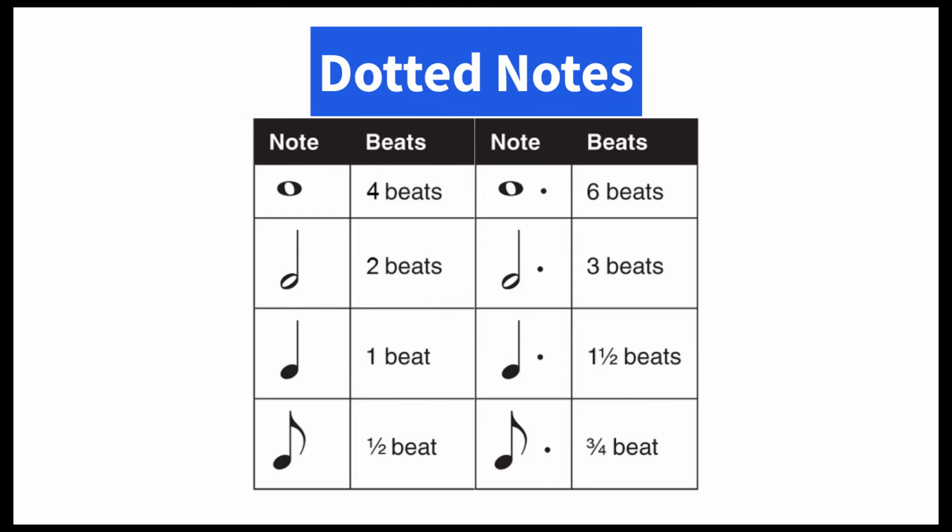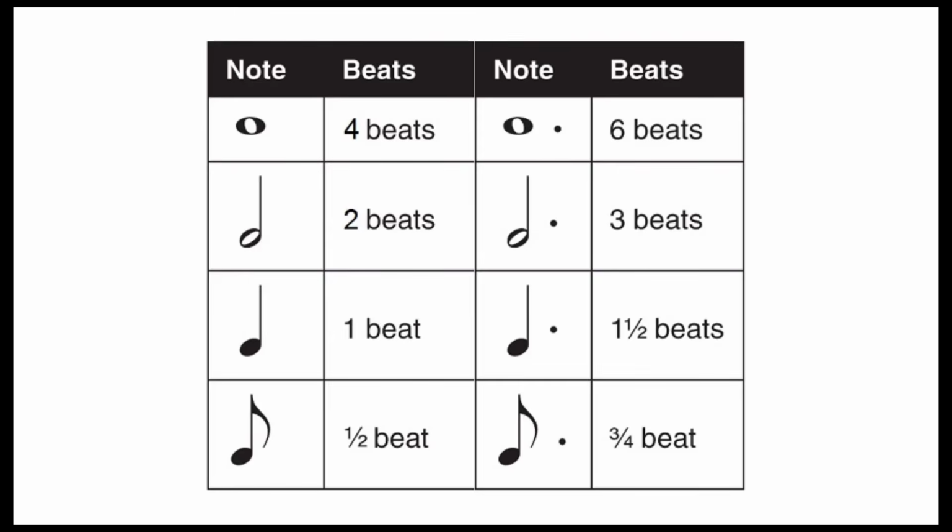Dotted notes. We will now take a look at dotted notes. To make a note last longer, a dot is often added. A dot increases the duration of a note by half its value. For example, a dot after a quarter note means that you should play a note for 1 plus half a beat,